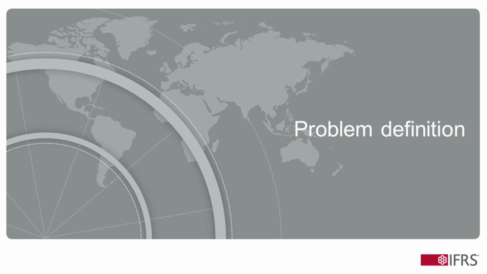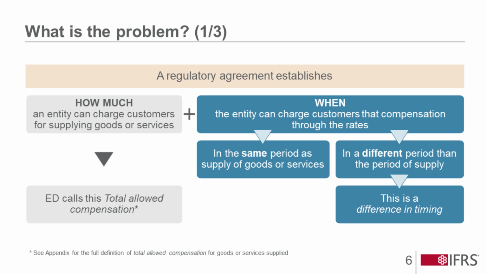Yes, Mariela, thank you and hello everybody. Well, what is the problem? Entities to which the exposure draft applies are those that are subject to rate regulation that establish basically the amount and the charge timing. The amount is the compensation the entity is entitled to charge customers for the goods or services supplied, and timing is when, that is, in which period that compensation can be included in the rates or